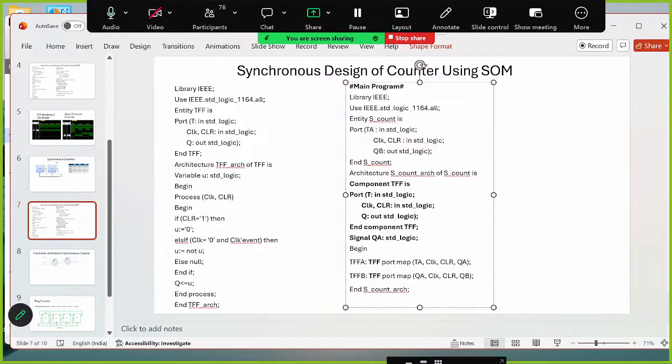Whenever QA gets the new value, it takes that new value. But what we want is for it to take the previous value of QA. So we have learned the concept that